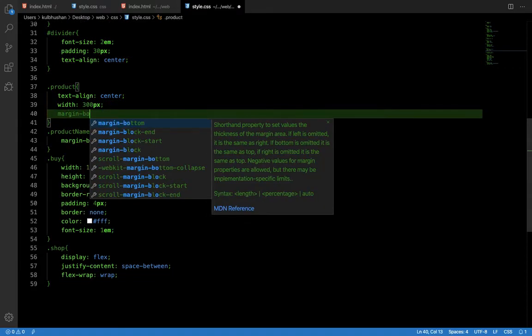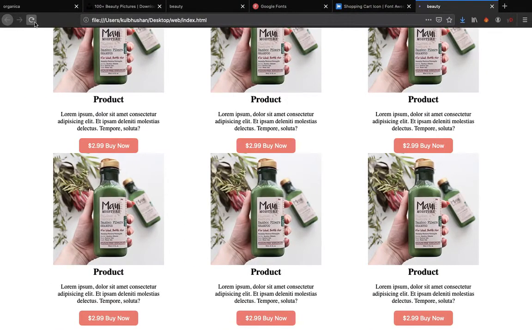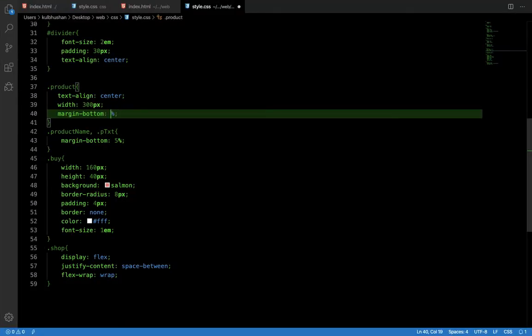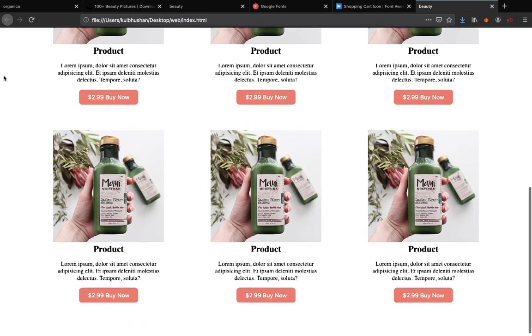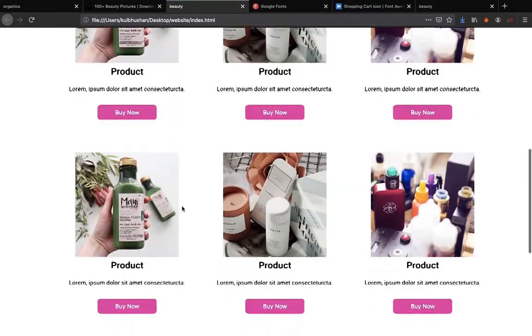Margin bottom, how about 4%? We could just increase that. You have to use some smart things, okay? Maybe 6% should work. That is looking like something. Now we need to create this thing over here,